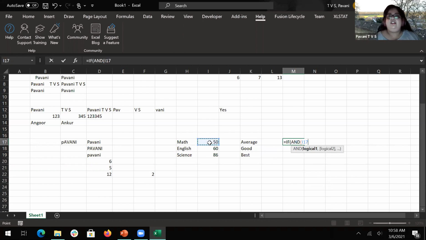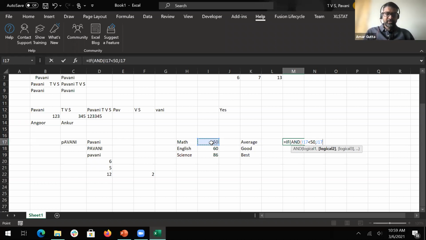Okay, I am saying this value should be less than 50 and this value should, what is it? Can someone give me some conditions where I can write this? Anyone interested? Yeah.